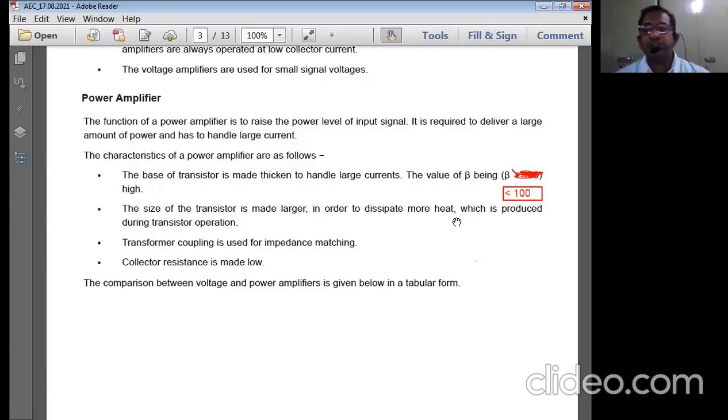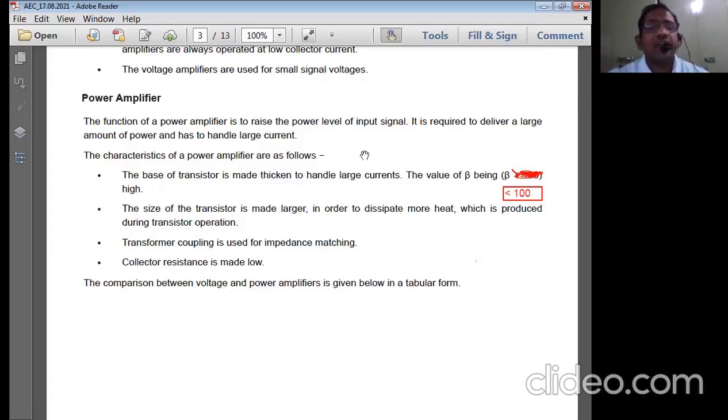So increase means what? The gain, if it is more than 1, it is going to be an increasing gain only. Gain which is less than 1 is going to be a decreasing gain. That's what you have to keep in mind. Okay. So with respect to that particular concept, we say increasing voltage, increasing current. That's what we mean by saying increase. Not in terms of gain more than 100, more than 1000. No, not like that.